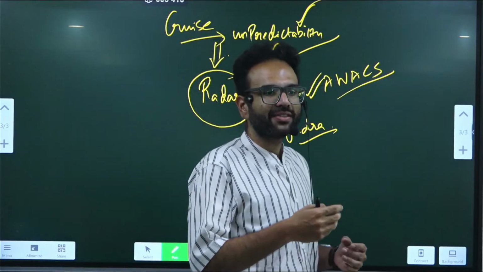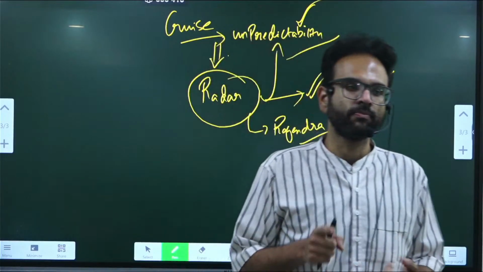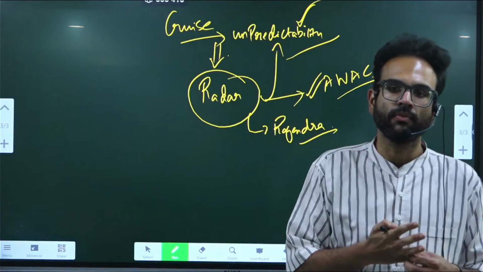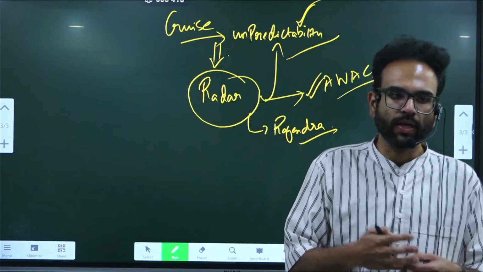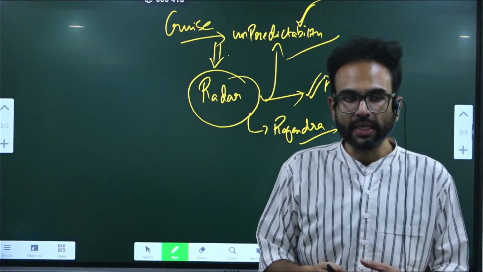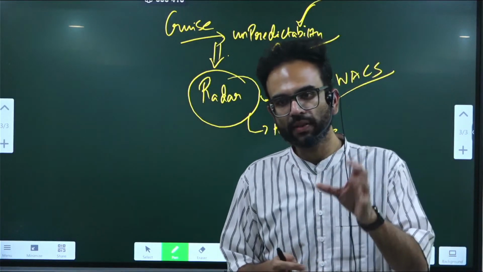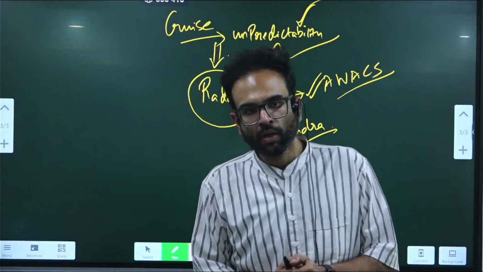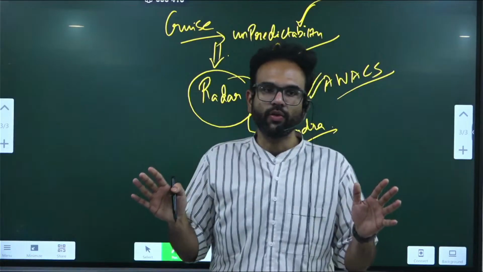What are the various missile systems of India? Akash, Trishul, Nag, and Agni. The latest one, Agni, is an ICBM, now enabled and can be fitted with a nuclear weapon. So these are the things that you need to know.